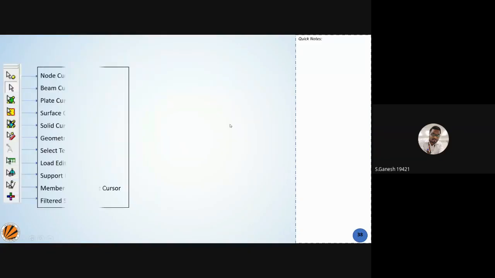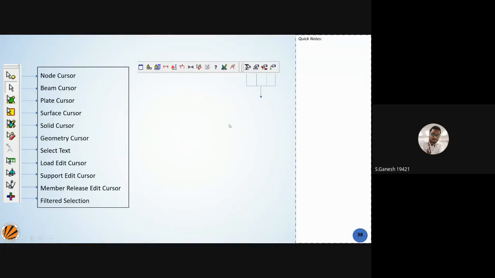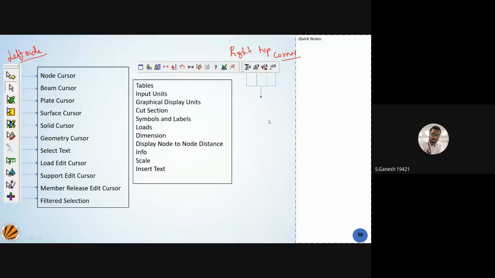And then a quick cursors, again, you can see on the left side corner. So over to your left side, you can see these icons visible on the software. And towards the right top corner, you can see these icons. So these are useful for your selection of logo and table, graphic display, everything. So you can go and work on this part. If you're a fresher or beginner level, just have an idea about it. You can go and see one by one what are these icons, what are the things. Because we are going to start the exercise soon by tomorrow, so you should be aware about the cursors.